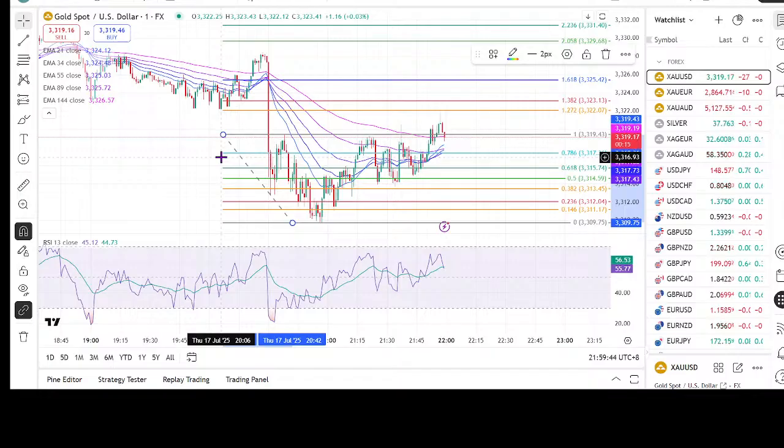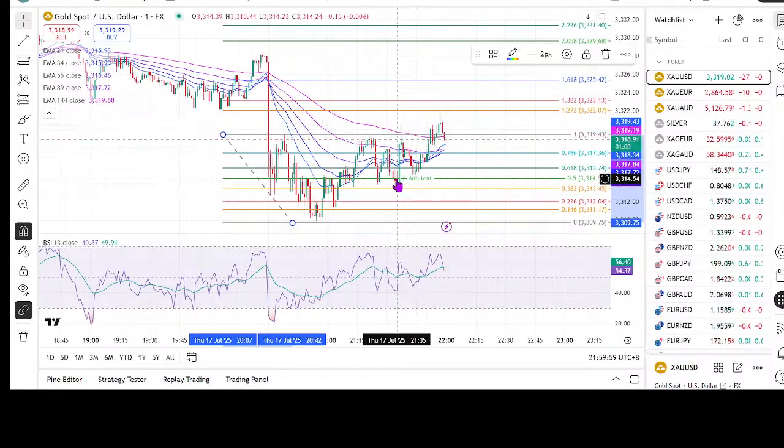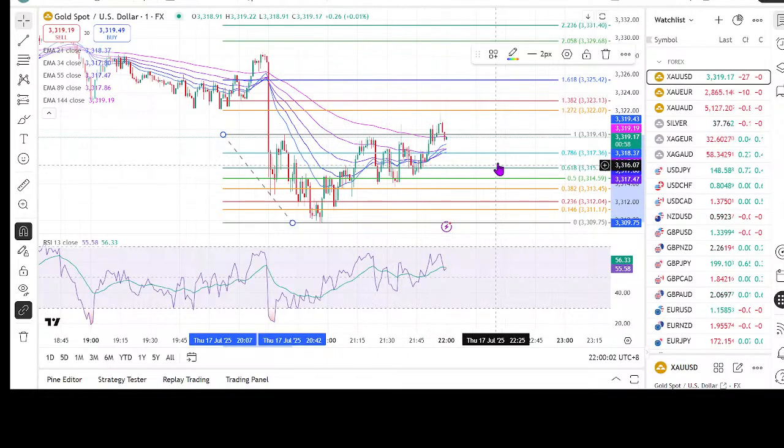I'm so sorry, I'm having a very bad cough. So now we are still 1 more minute away from this market giving us an answer, because this 1 hour is going to finish now. And if we are right, we should see the weakness coming in. If not, then we will just see how we can manage this trade.